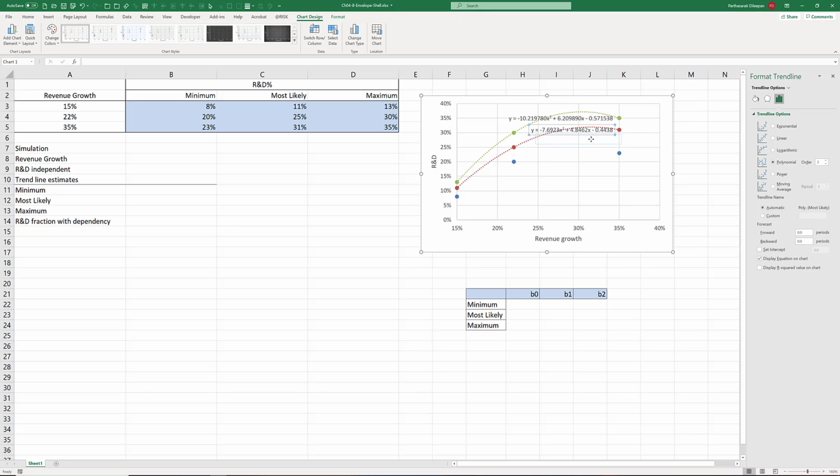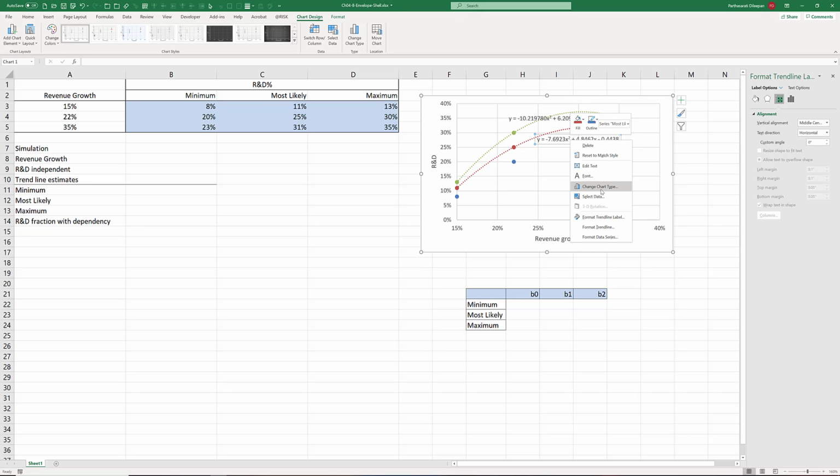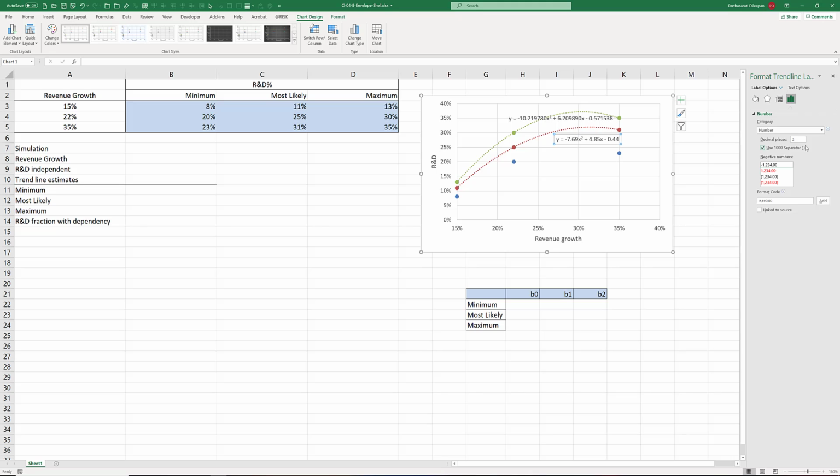Okay, so we'll move that a little bit down there, and then right click on the box, change trend line label, and use 6 decimal places, which is what we used, and repeat that for